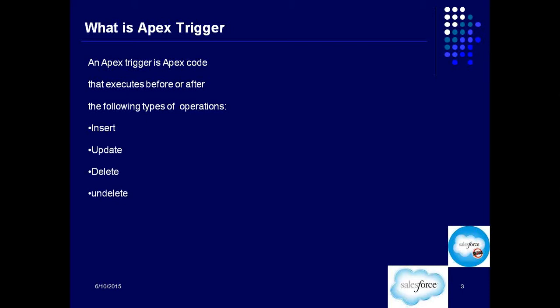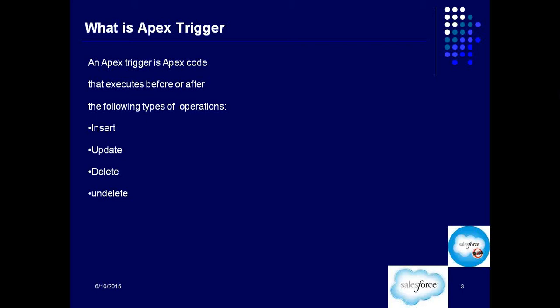So far whatever we have used for Apex, we have been doing that on pages, right? So when the page loads, then the Apex code gets executed. When someone clicks on a button, then the Apex code gets executed with the help of controllers, right? But now, what if I want to execute my Apex logic when a new record is being created, or when a record is being deleted, or when a record is being updated? Then we will use Apex trigger.